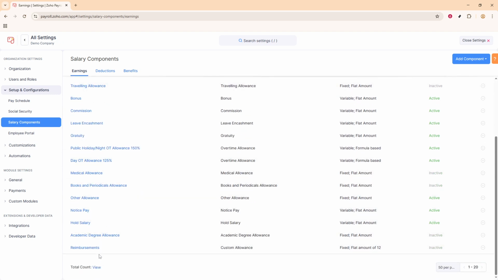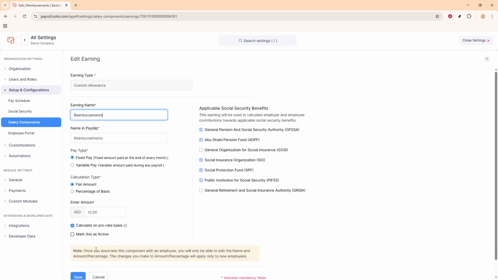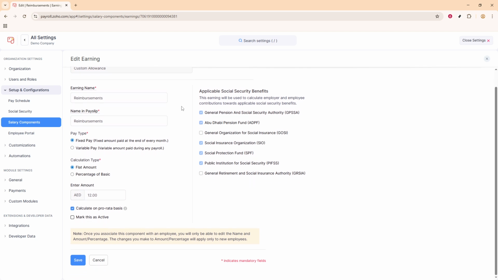Selecting this will take you to the Reimbursement Settings page, where you can start adding and configuring reimbursement options for your employees. This is a significant section because reimbursements can include anything from travel expenses to work-from-home setups, and customizing this allows you to cater specifically to what your organization needs. Zoho Payroll lets you define the type of reimbursements employees can claim, which adds to your payroll flexibility and minimizes